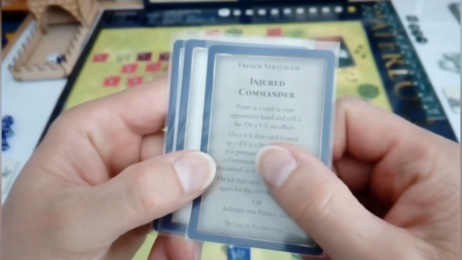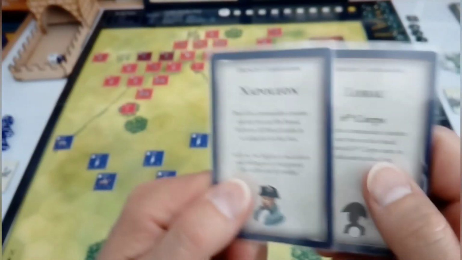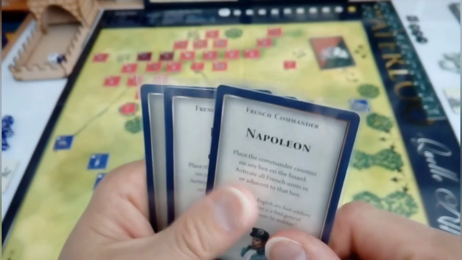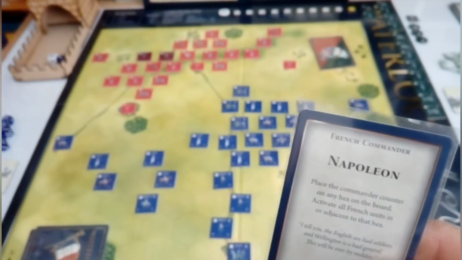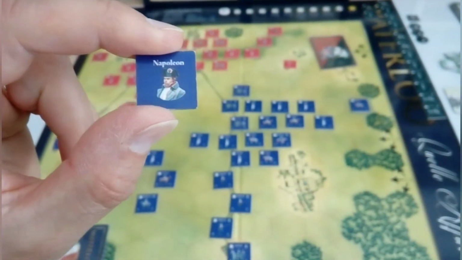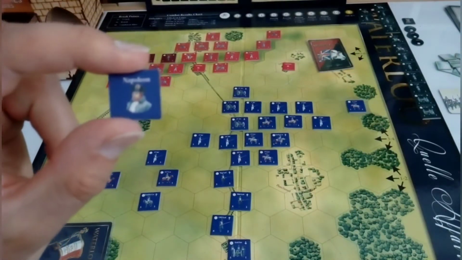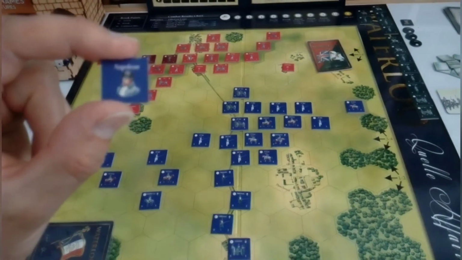Whether I want to use it so early in the game, I may want to keep hold of that. But looking at all of those, really, I probably can only use the Napoleon card at the moment. It's a bit early, but I don't have a choice. So we pick up the Napoleon counter, as you can see there, and we decide where we are going to place him in relation to...